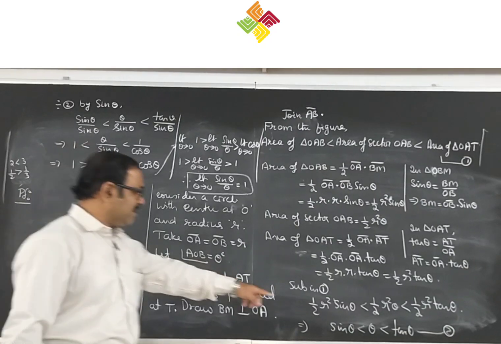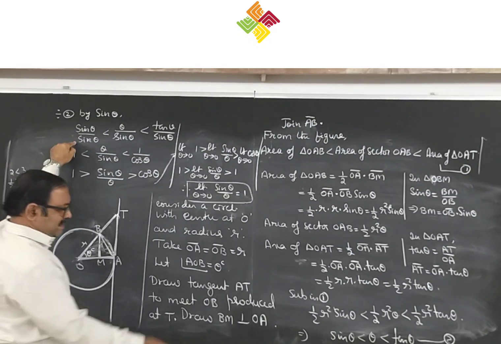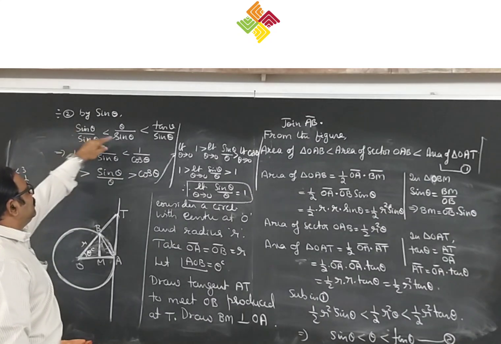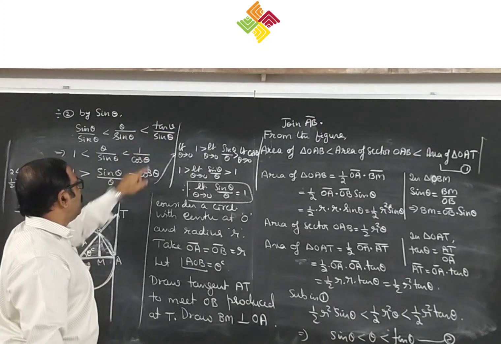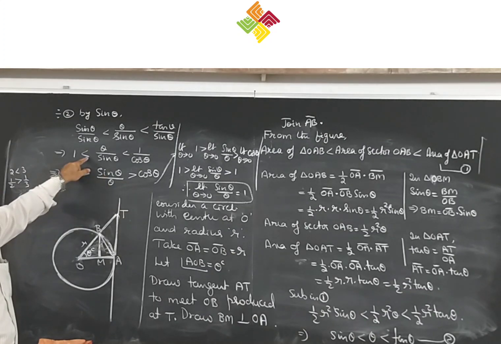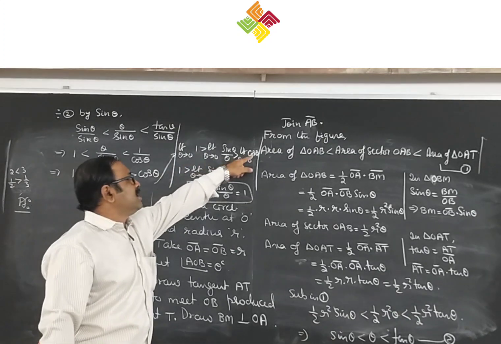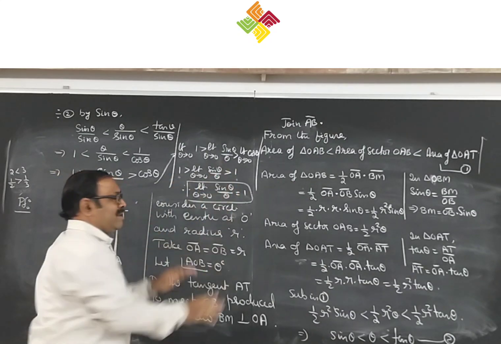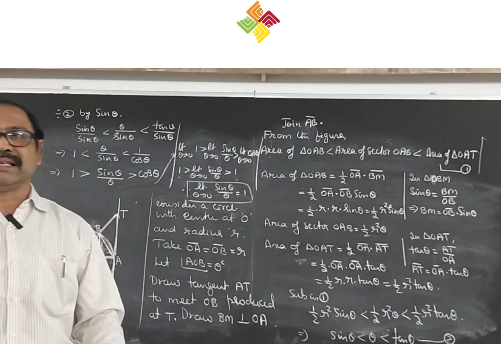Now, I want to get sin theta by theta. Therefore, divide by sin theta. Sin theta by sin theta, theta by sin theta, tan theta by sin theta. This is 1, theta by sin theta. This is sin by cos by sin theta, so 1 by cos. You take the reciprocal, you get this. When you take reciprocal, the inequality changes. Therefore, apply the limit. You will get cos 0, 1. So, a quantity which is strictly more than 1 and strictly less than 1 is not possible, hence it must be equal to 1. Okay? So, this result you have understood.